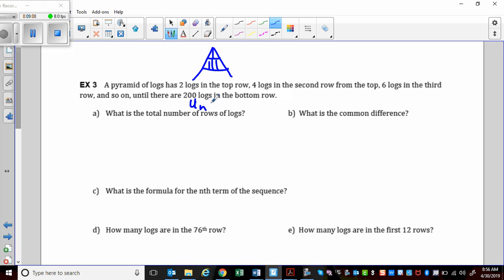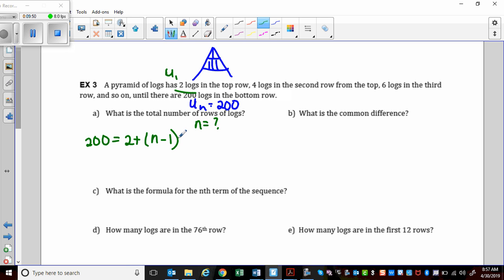So it says u sub n equals 200, right? What is the total number of rows? That is our n. So we don't know what n equals. That's going to be our x, or our variable. So our formula is u sub n, or the sum, 200 equals my initial, so this is u sub 1, my initial is 2, and then we have n minus 1, I don't know what n is,